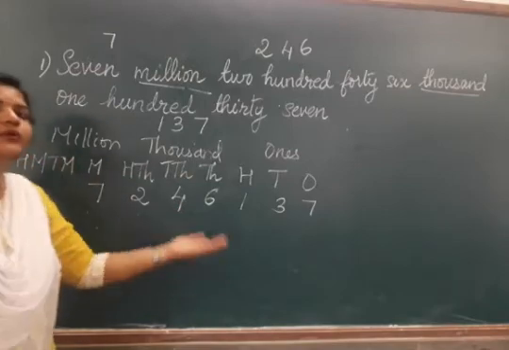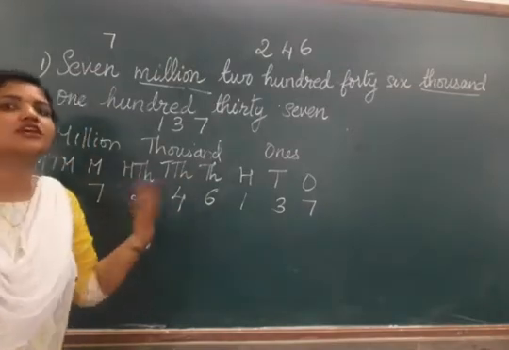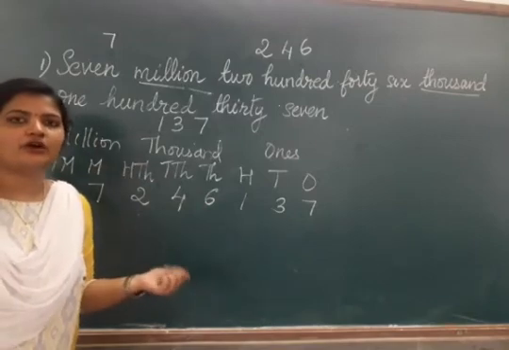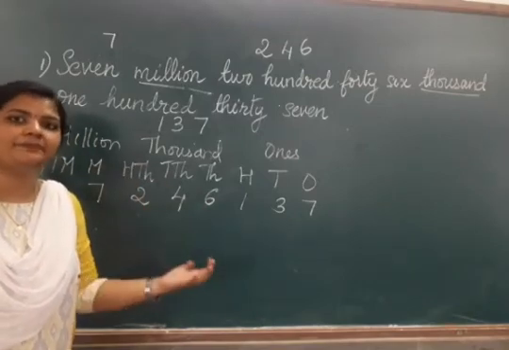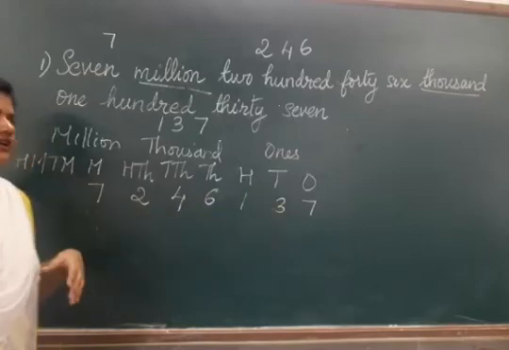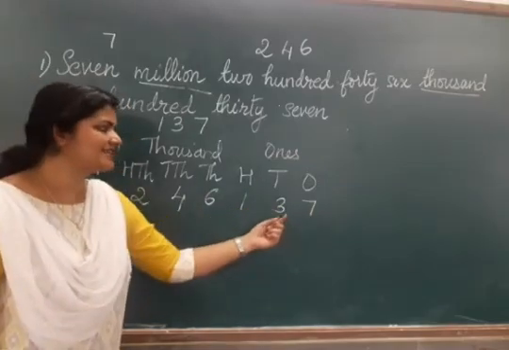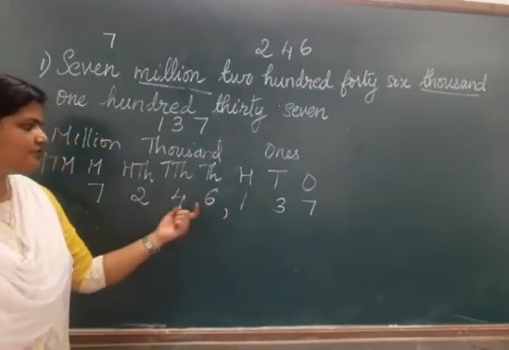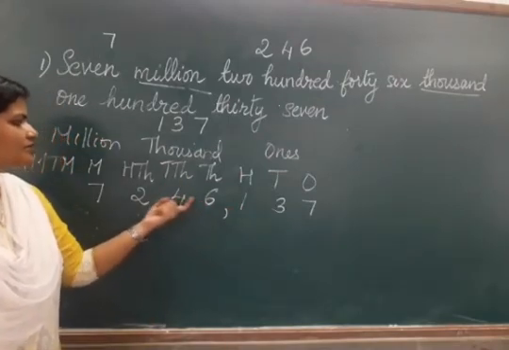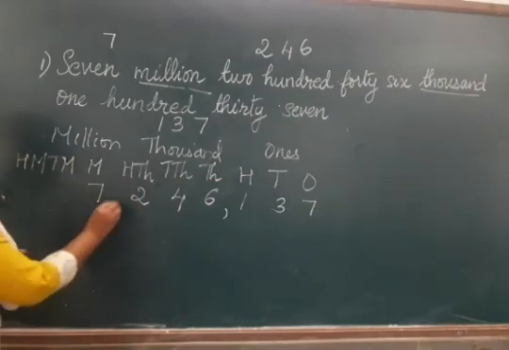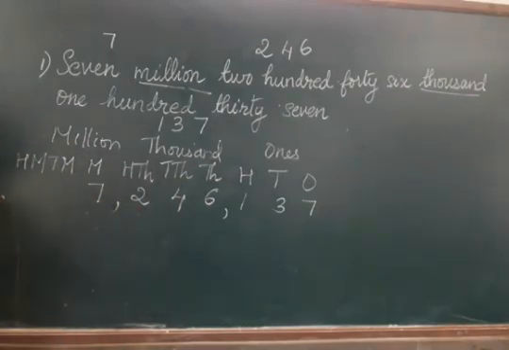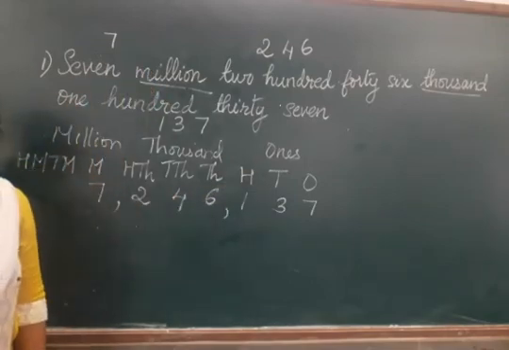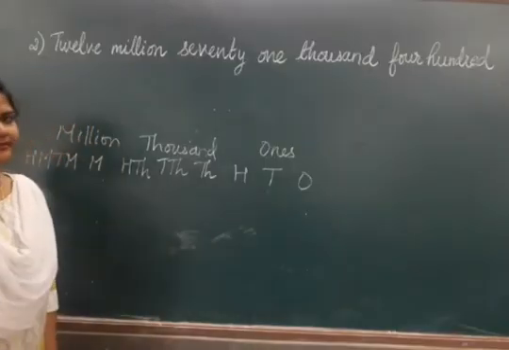Now let's see how we can write this number using commas. Why do we have to use a comma? Comma is used to separate the periods. So separating from ones period onwards, grouping ones, tens and hundreds, put a comma. Then grouping the thousands period, that is thousands, 10,000 and 100,000, put a comma. Now we have the millions. So this is the number for the given number name. Let's discuss one more question.